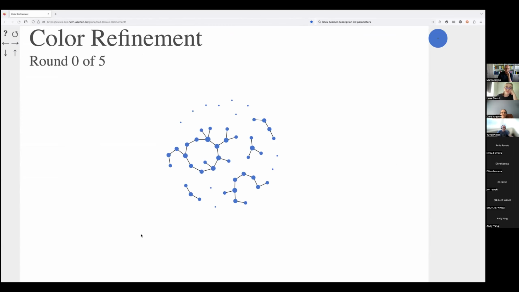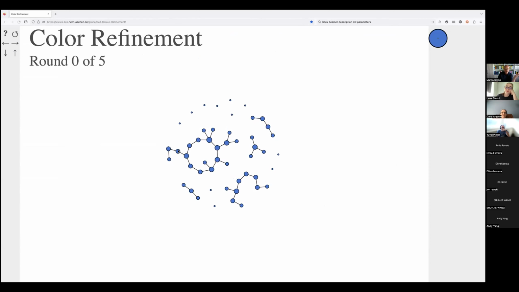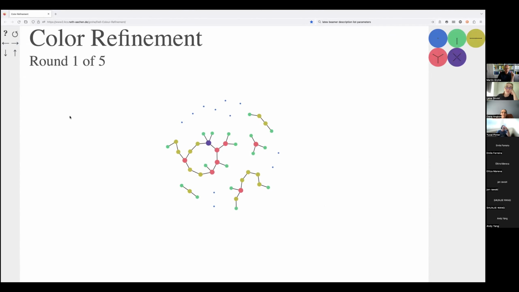In the first round, two vertices should get different colors if they have a different number of blue neighbors. There's only one color, blue. So for example, this one has 3 neighbors, and this one here has only 2, so they should get different colors. Yeah, that happens. This one is red, this is some funny green, and this one has 4 neighbors, it's purple.